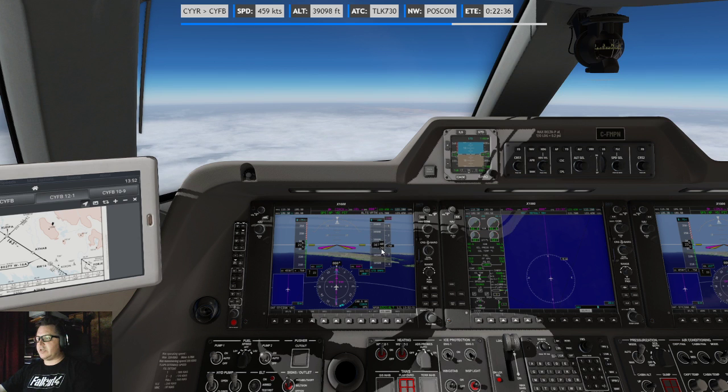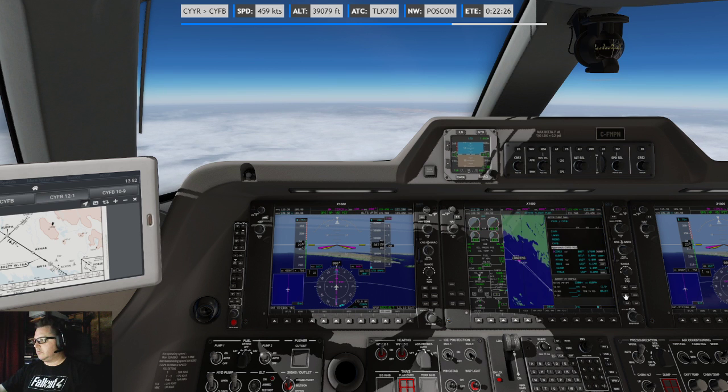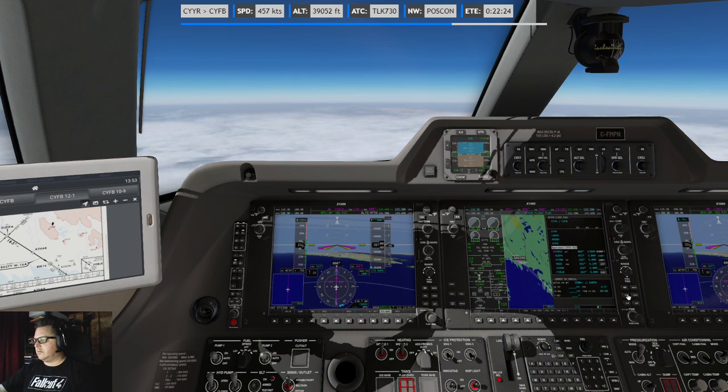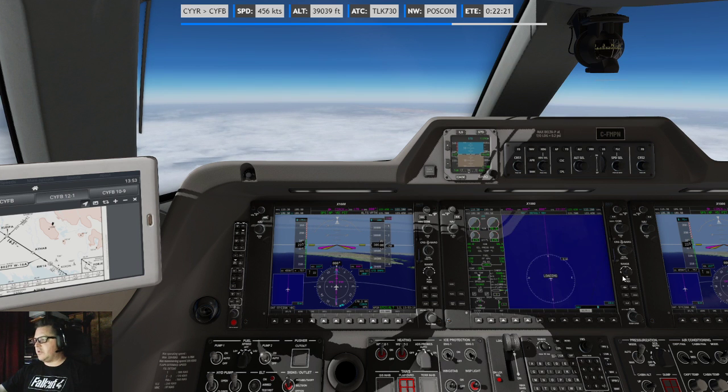Oh, we've already started the descent? Ever so slowly? No, we haven't. Five minutes to descent? Oh, we're still coming up on it. That little dot.